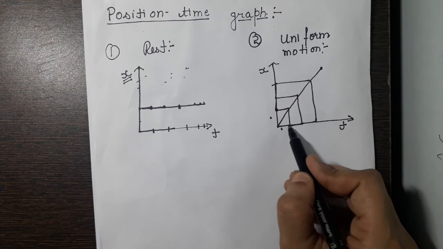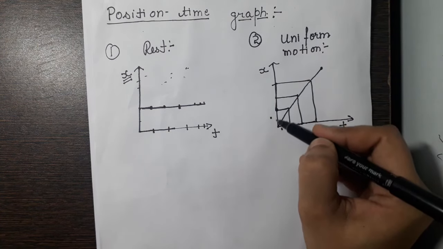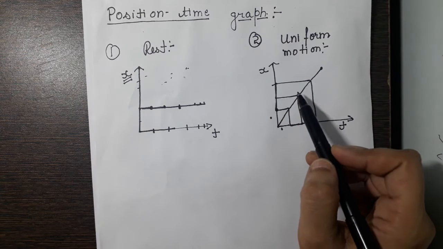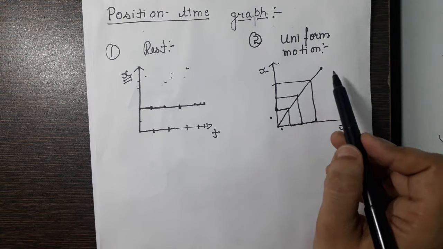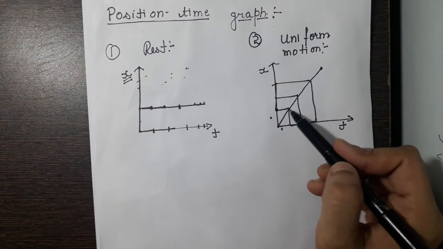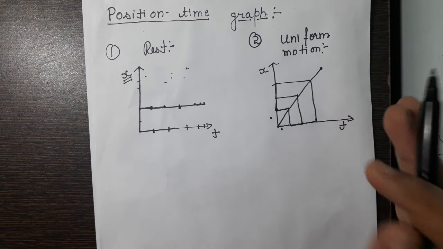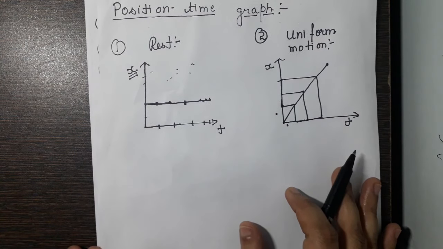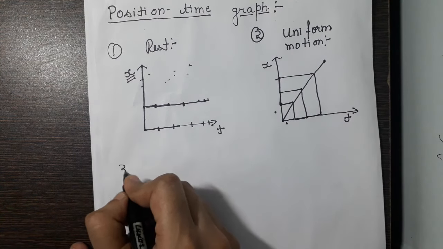So for equal intervals of time, equal distance is covered by the body. So this type of graph represents uniform motion. Whenever we see this type of graph, we can say that this graph represents uniform motion. Next, when we come to non-uniform motion,